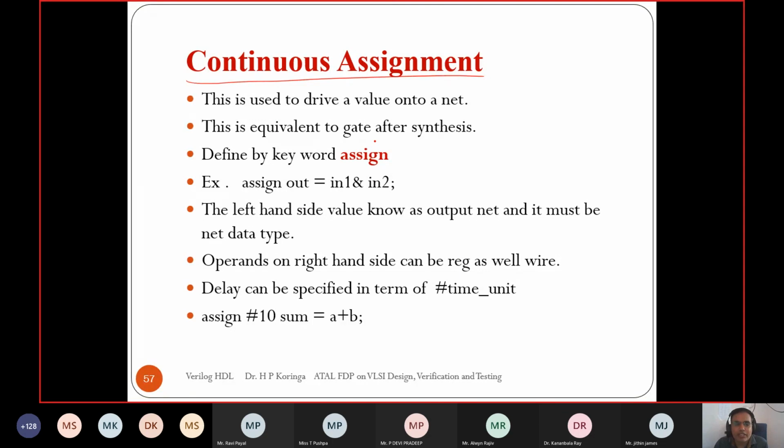Continuous assignment statements. In Verilog, continuous assignment statements drive net data types through the assignment. So assign out = in1 & in2, where out is a net data type and it is assigned the AND of in1 and in2. in1 and in2 may be reg or net, but the output to which we are assigning must be a net data type in a continuous assignment.